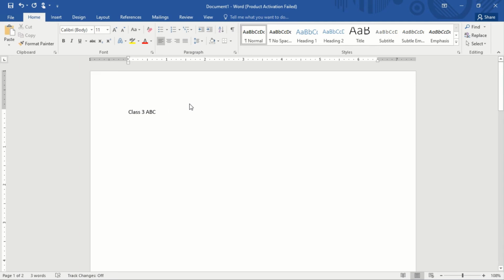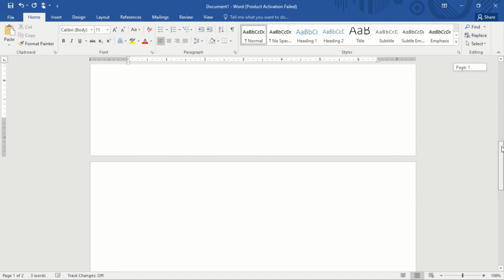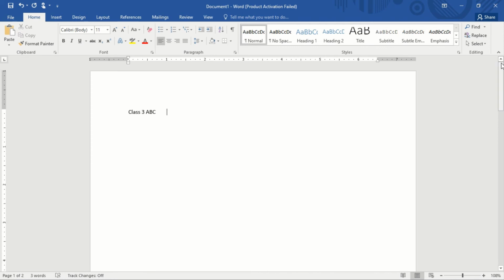The next component that we are going to learn here is the scroll bar. What is a scroll bar? It means you can move your document up and down. Here you can see, you can move down by keeping the mouse pointer and dragging, or by clicking on this button. This is to go up and down. Scroll bars can be horizontal and vertical. This one is the vertical. The horizontal scroll bar you are not able to see here.